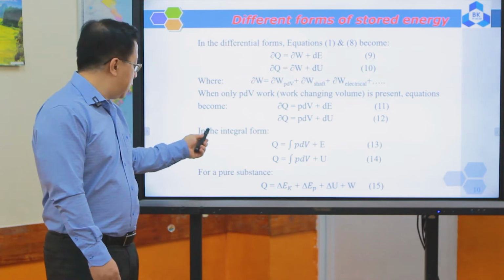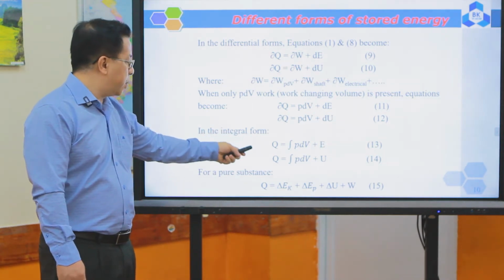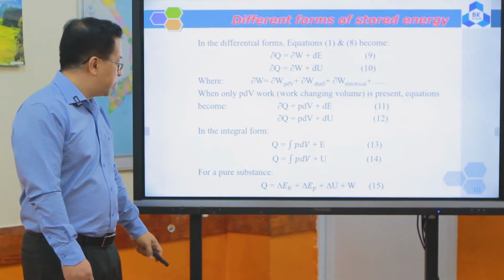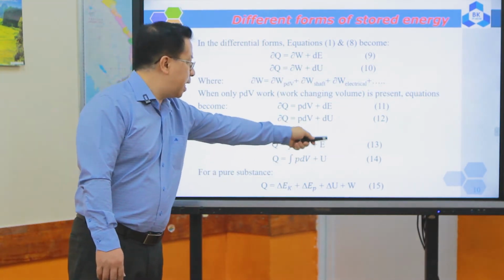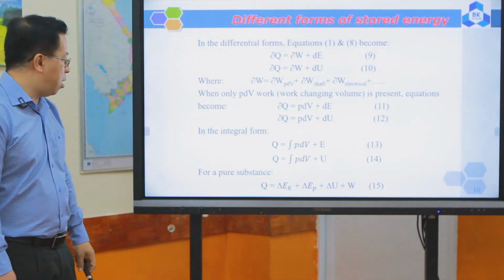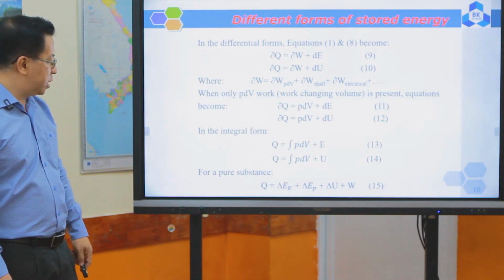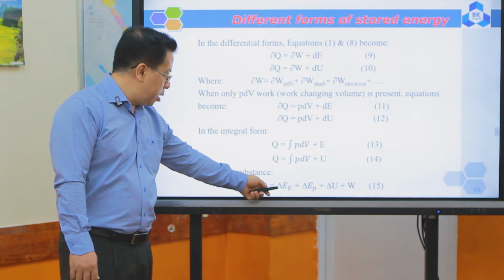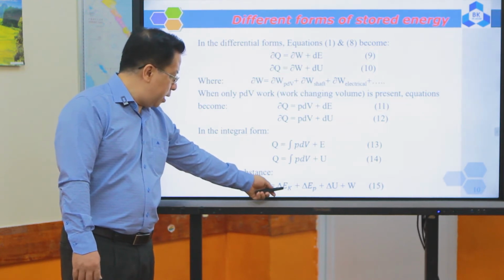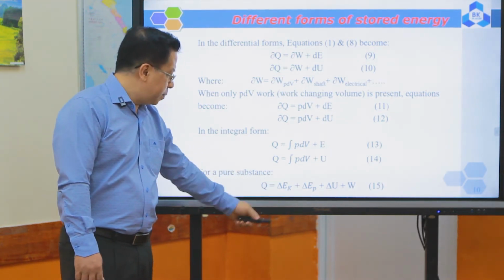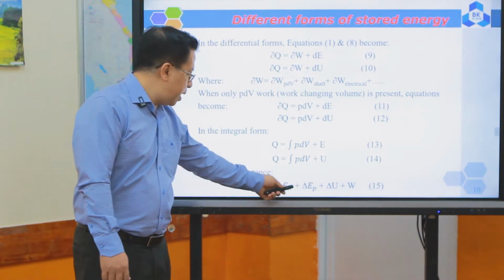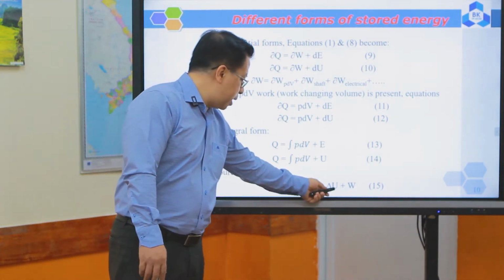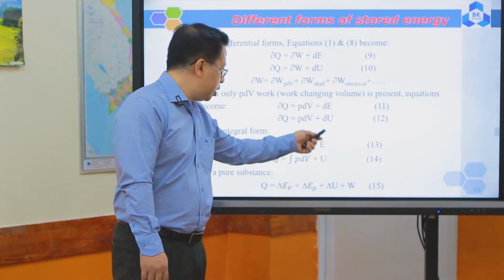And in the integral form, we write Q equal to integral of P dV plus delta E, and the same with the other equation. For a pure substance, we have Q equal to delta Ek, the kinetic energy, then delta Ep, the potential energy,